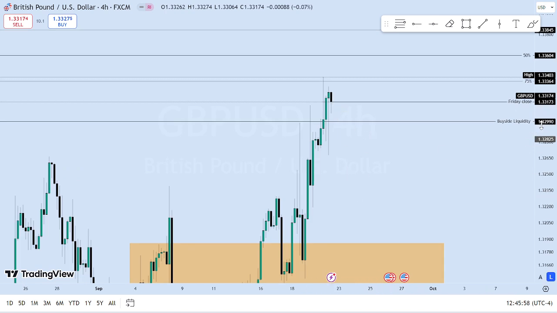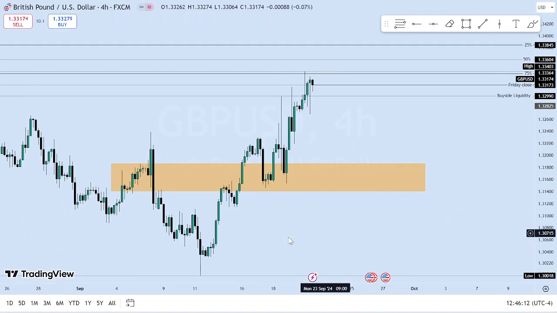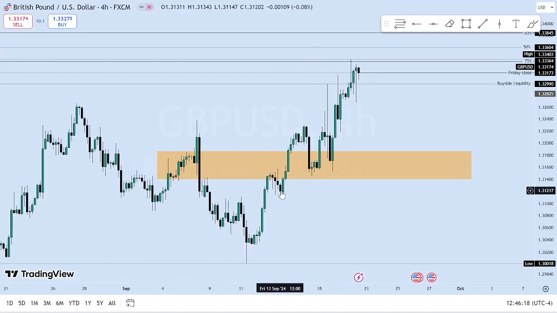So coming this week, we'd like price to deliver into the 50% and reach, fourth, at the 25% of the weekly volume imbalance. Then we have sell side liquidity here. We'd like price to take the low